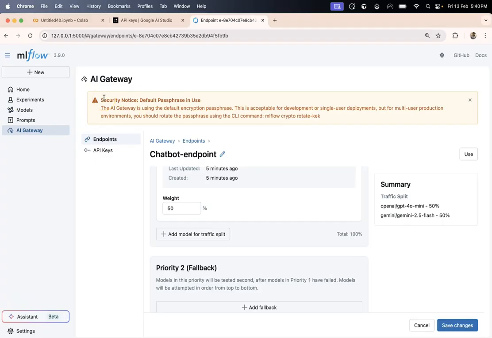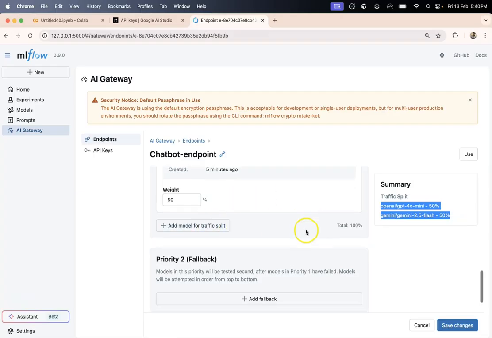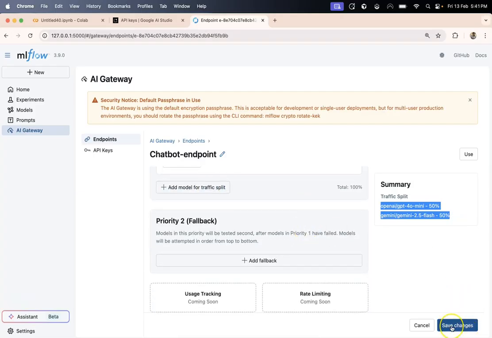In experimentation, you can add tags to each run and each trace, and that tag would tell you which model was used to generate the output, and then you can evaluate which model is giving you the correct output. So now we can simply save these changes.